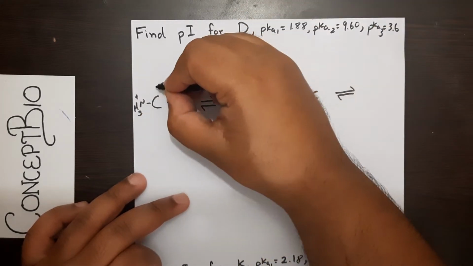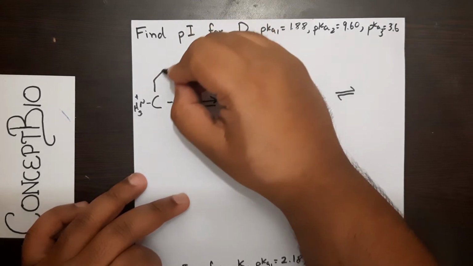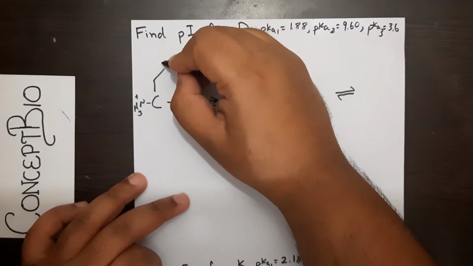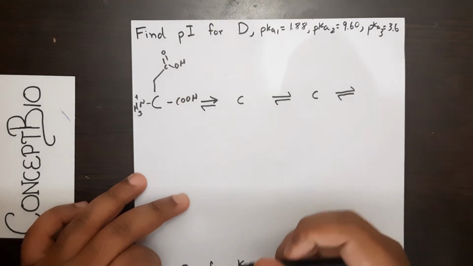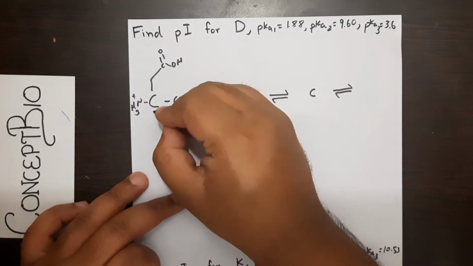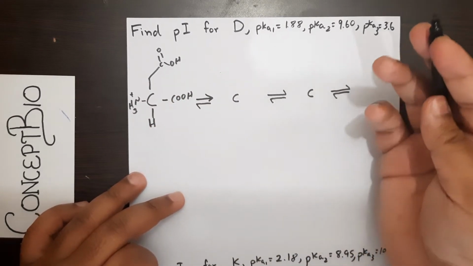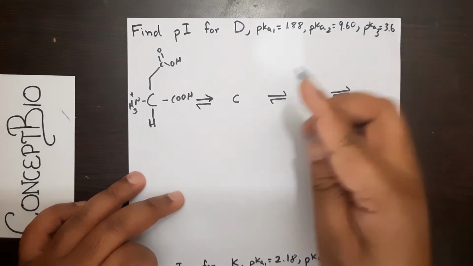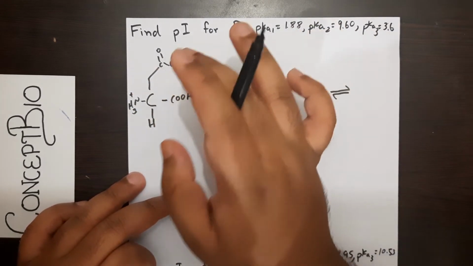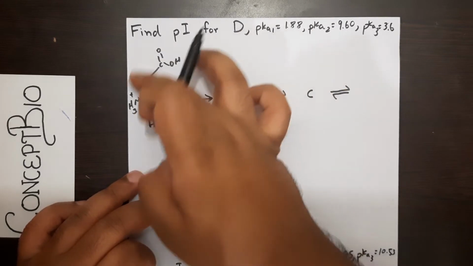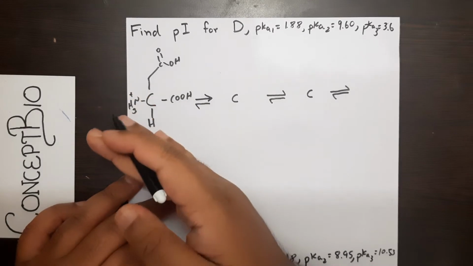Then over here, if it's D, we would be having the terminal OH group over here, and a hydrogen group. Now we can do one of two things. How we usually go about it from a previous video, we would start by taking all the amino acid in its protonated stage. That means we'll be adding a hydrogen group to all of them and assuming the pH is at its lowest over here.